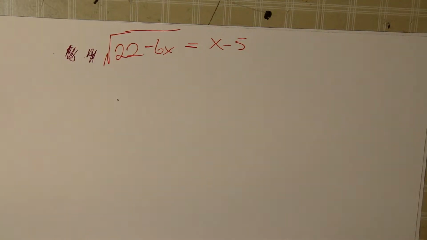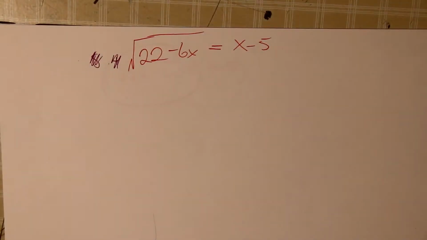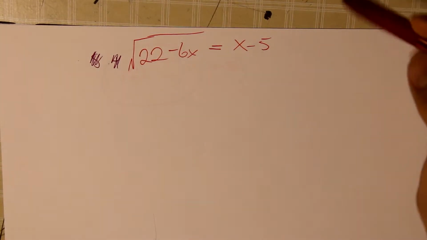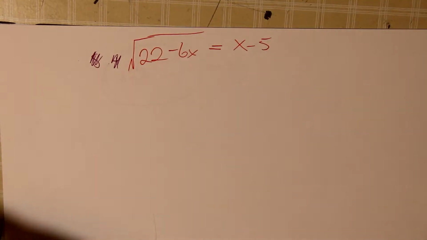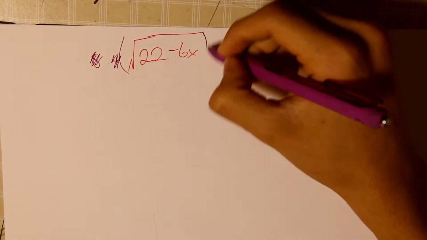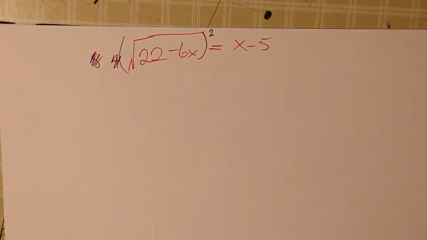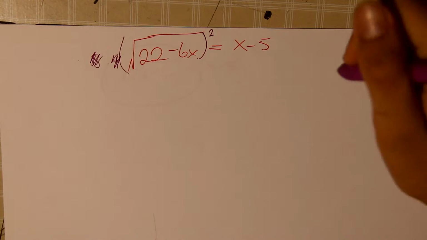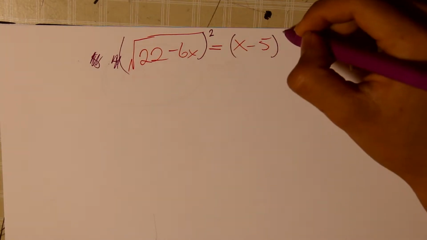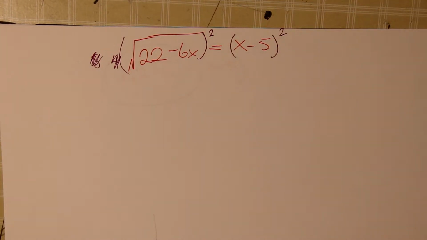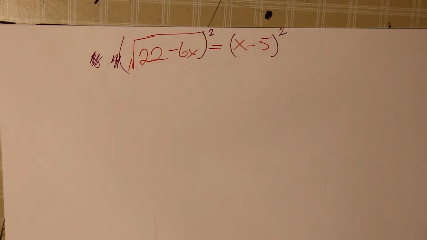which is to get rid of the radical. The next step in solving radical equations is, in layman's terms, you need to get rid of the radical sign by squaring both sides of the equation. Meaning, you square the square root of 22 minus 6x and x minus 5. Okay, so now,